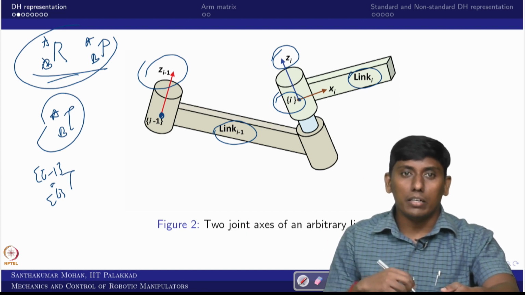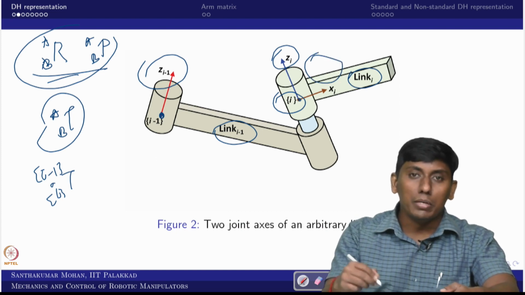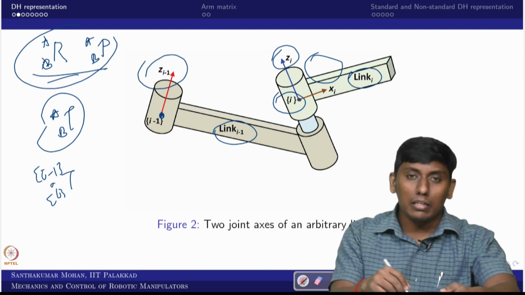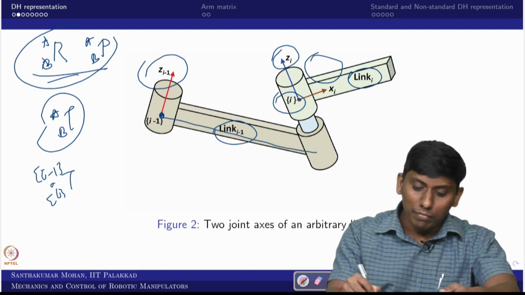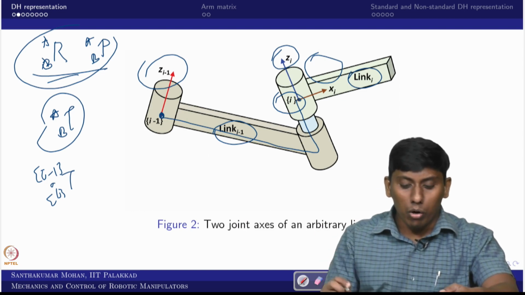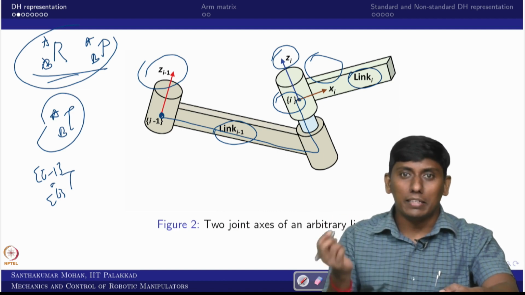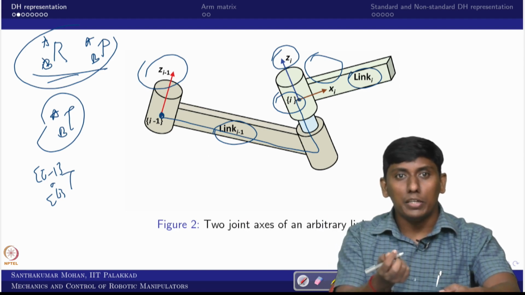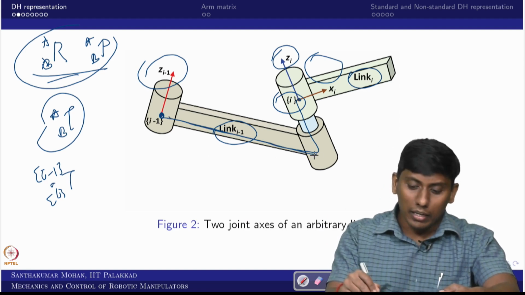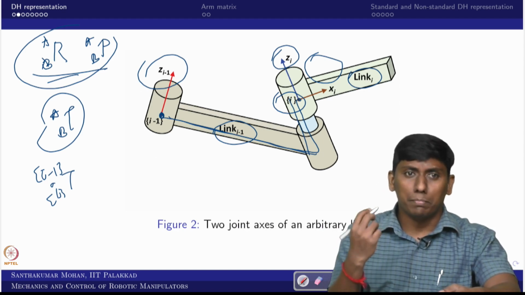In a similar sense, instead of getting the information of I, whatever the associated information of the I frame, we don't want to get it from some other source, we travel there. If we are doing the travel, we have to make several subsets. Your Zi minus 1 and Zi are not parallel. Similarly, you don't know what Xi minus 1 is, and Xi minus 1 and Xi are not parallel. From I minus 1 to I, there are at least two distances we can see, one distance along this axis and another distance along that axis. In the sense, we want to see how to get this particular information.